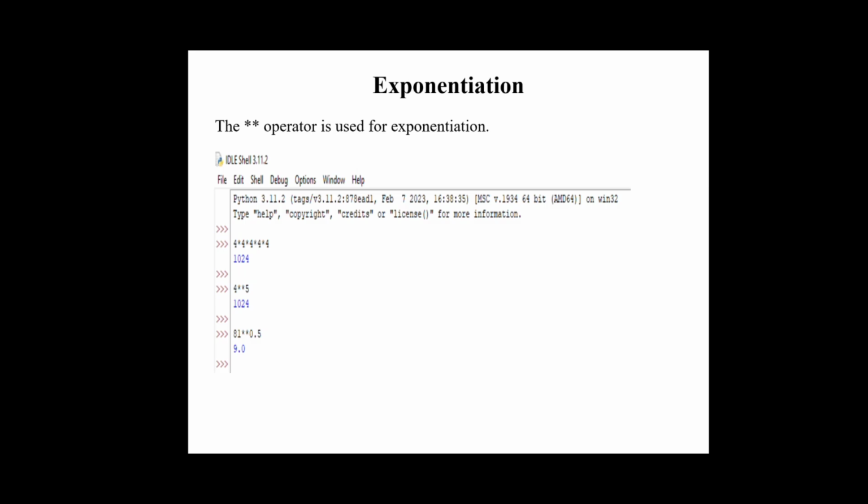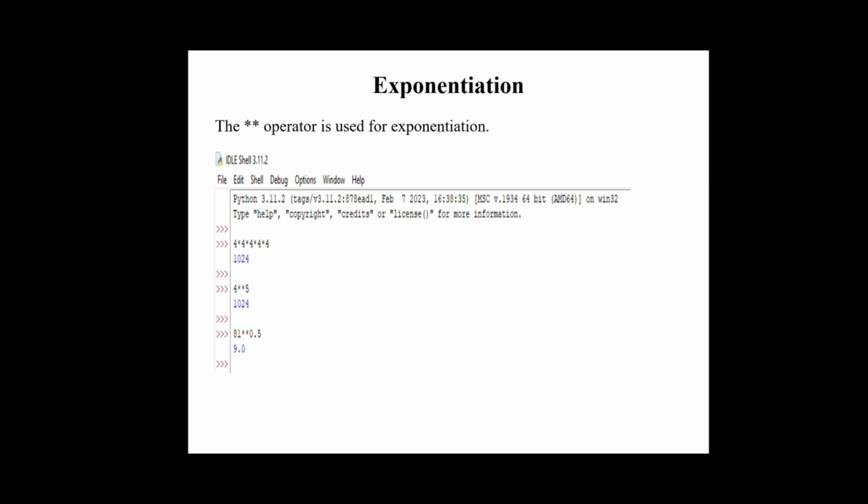But if I consider 4 asterisk 4 asterisk 4 dot dot dot up to 1000 times, then this is not feasible. This is not practicable. In that case, we have to take help of exponentiation, that is double asterisk operator. That's why here 4 asterisk 4 asterisk 4 asterisk 4 asterisk 4, that is 4, we multiply 5 times, will be represented this way, 4 double asterisk 5, that means 4 to the power 5,